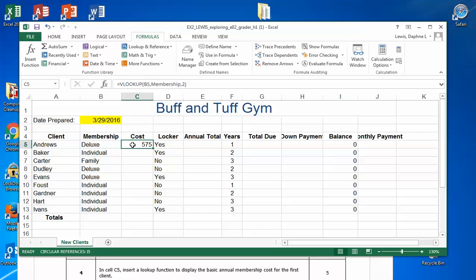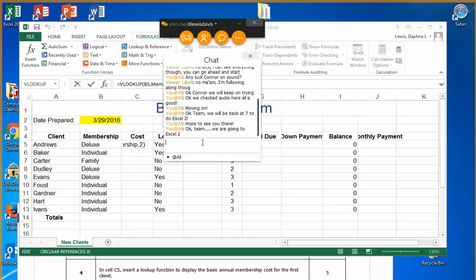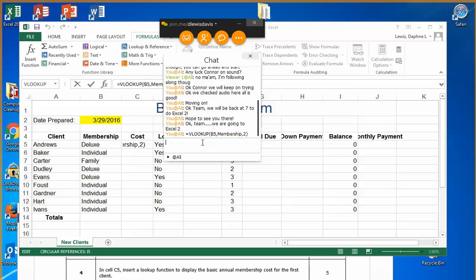And Connor, I know that that was something you were looking for, was that VLOOKUP formula. And I don't think I did a very good explanation the other day. So I'm hoping